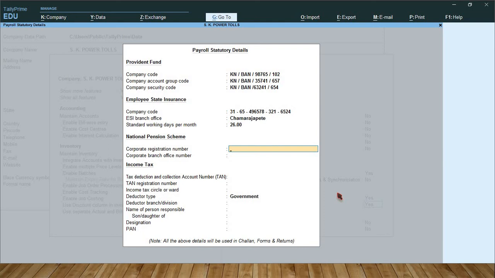Corporate registration number for National Pension Scheme. So that is CHO. This is the format of the National Pension Scheme corporate registration number. CBO 94578.